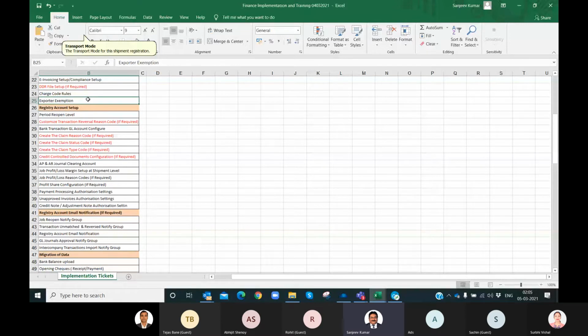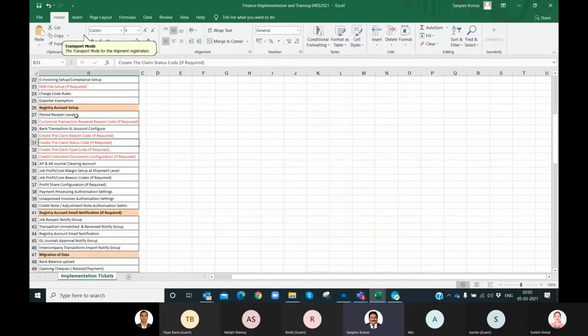Now, period reopen level, as I mentioned, we can reopen the period once closed. If you have to pass certain entry, you will have to ask CargoWise for a key, and we will help you in that.